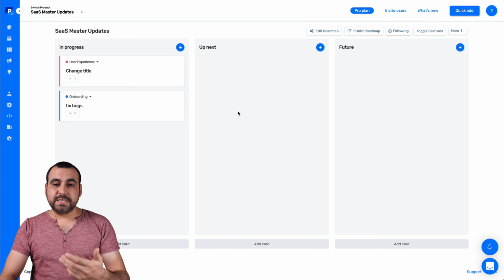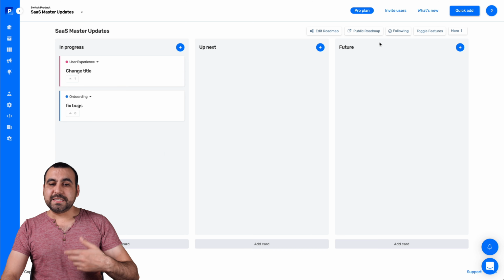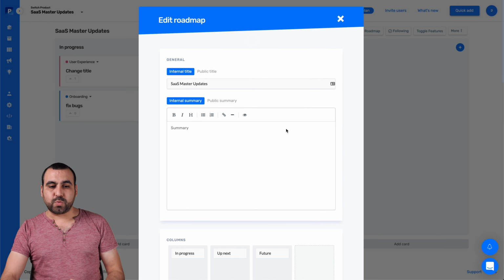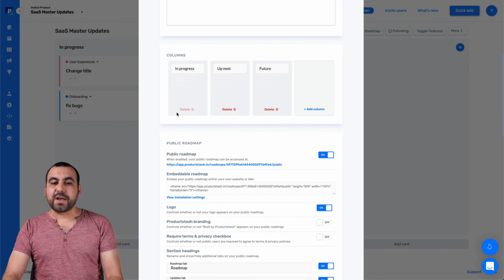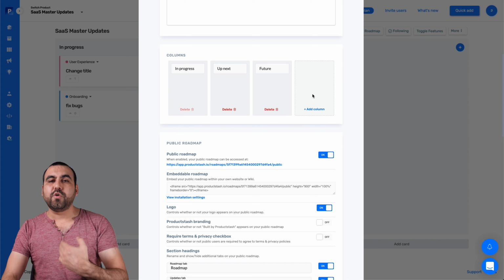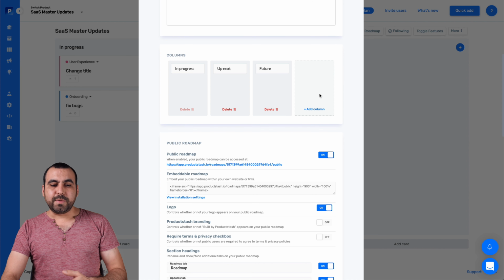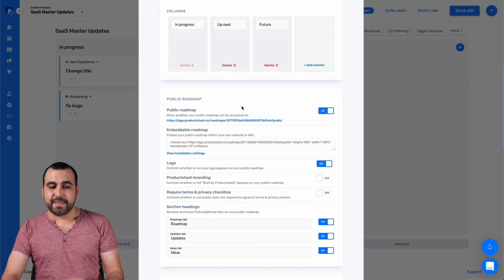It's super easy to work with this embeddable roadmap. And if you need to edit what's going on in the roadmap, it's right here. I'm going to show you how easy this is to customize. You can edit the title, the internal summary of this, the columns if you want to change what they say, or add a brand new column right there. So maybe this is not enough and you need more, or maybe you want to change something, like, hey, I don't want to say future, I would say coming soon, right? You can edit that there.